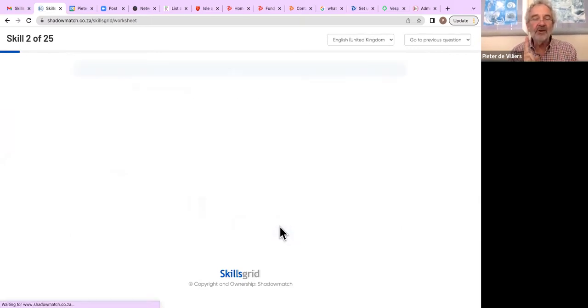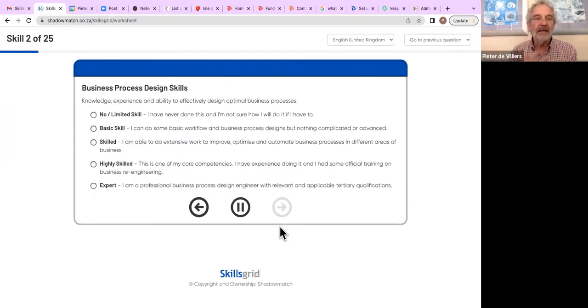Remember, I will try to manipulate two. For the rest, I'm just going to take a soft approach. Business process design skills, the ability, this is the knowledge, experience, and ability to effectively design optimal business processes. So I can design a process. No/limited skill. I have never done this and I'm not sure how I will do it if I have to. Basic skill, I can do some basic workflow and business process design, but nothing